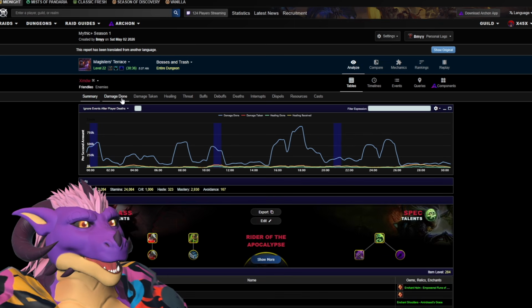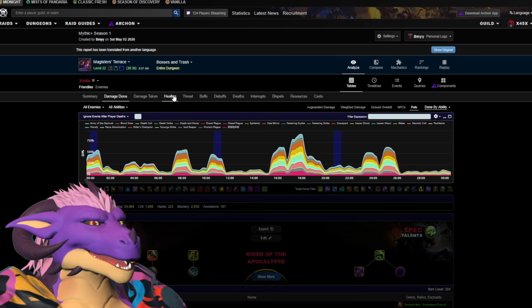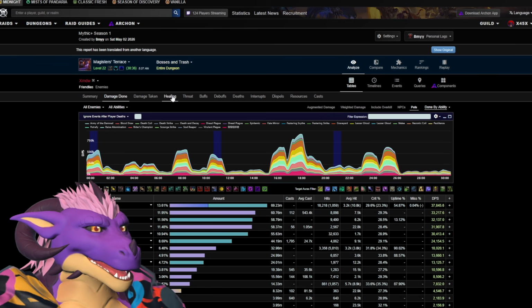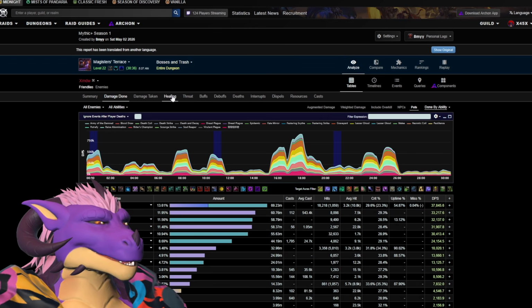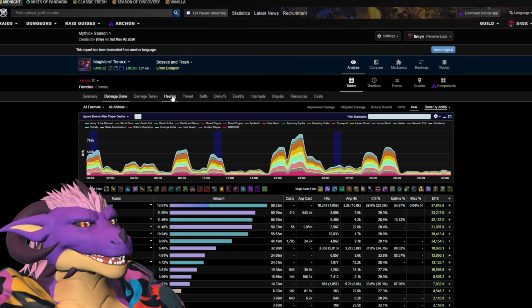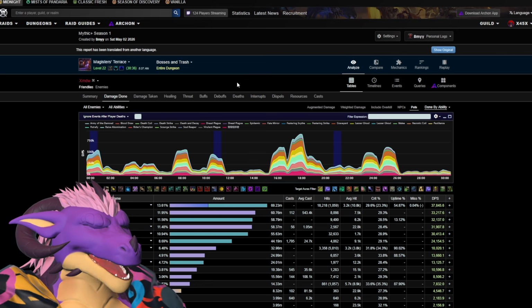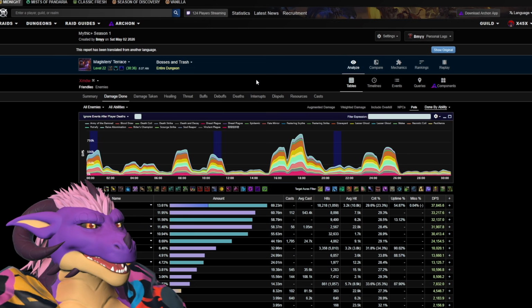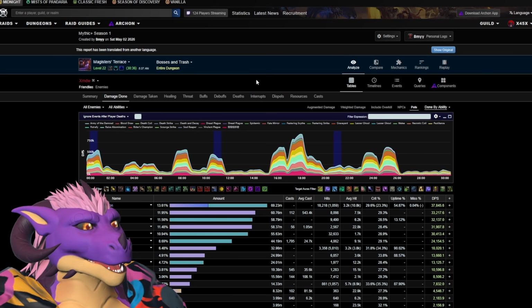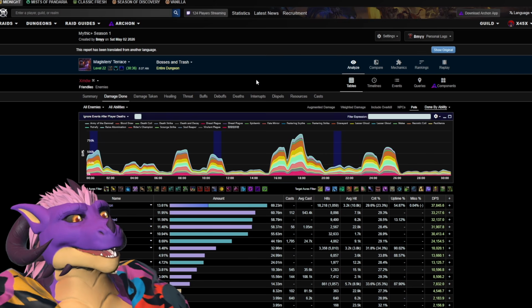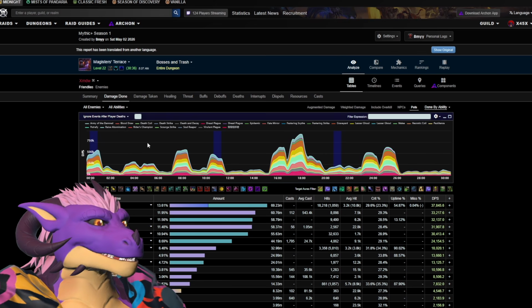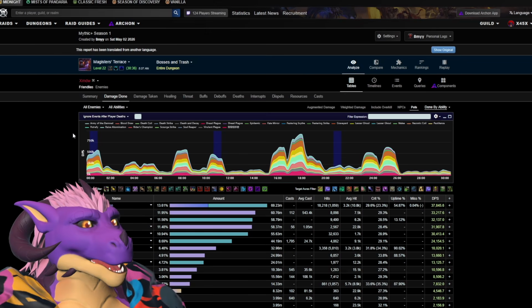So let's go back to our player and go to damage done. You can go to healing as well here. This is going to be more useful for healers later, but if you're like, man, why is this other Death Knight always tankier than me? The healing done group might do a lot for you. And note, you can track buffs and debuffs. So if you want to know very specifically how much a buff is doing for you, how much you were able to keep it up, or how many times it procced, you can get that information from here, but that's a little overkill for what we're doing today.